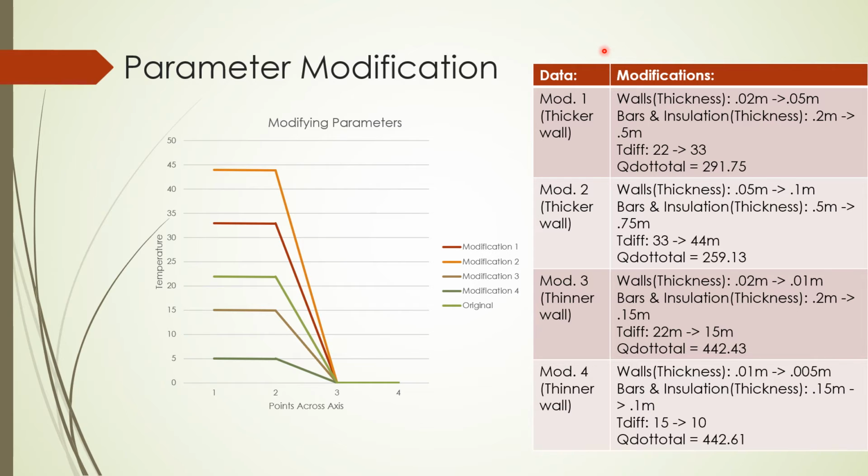When the bars increase, the insulation will also be increased. That's kind of a side note, because the 20 centimeters in the middle that you saw in the first slide, that's the bars and the insulation thickness. So that's just kind of an inside checkpoint. And then due to the objective of trying to have the inside of the wall be a constant 0 degrees Celsius while changing temperature is changing,